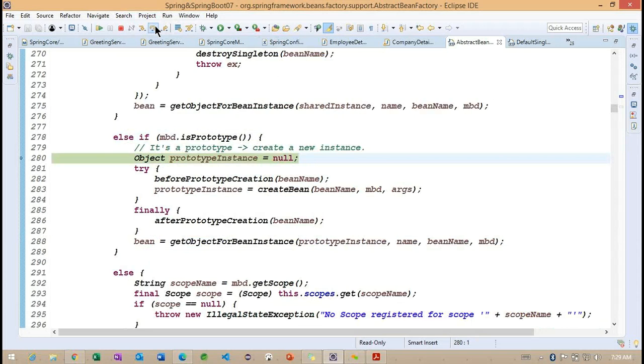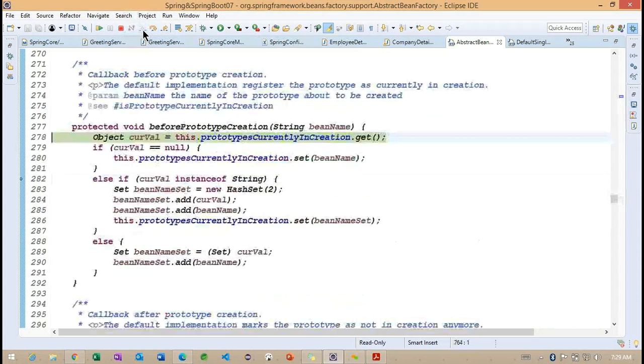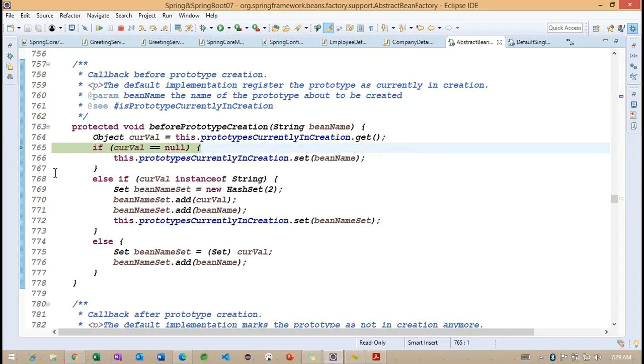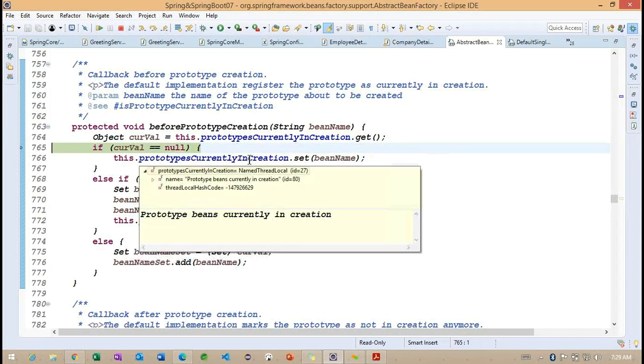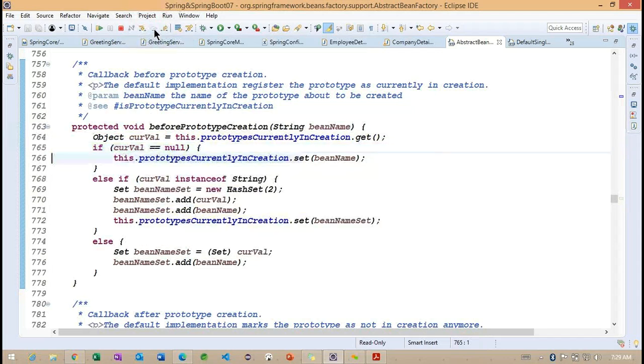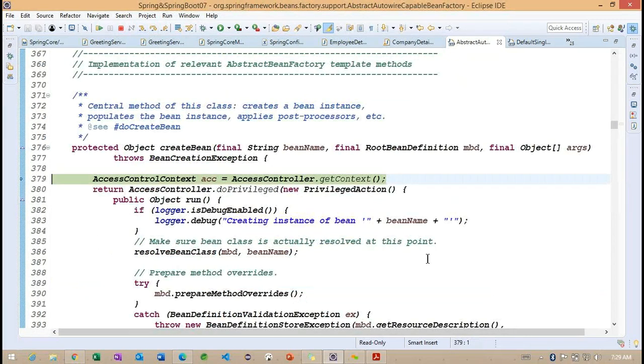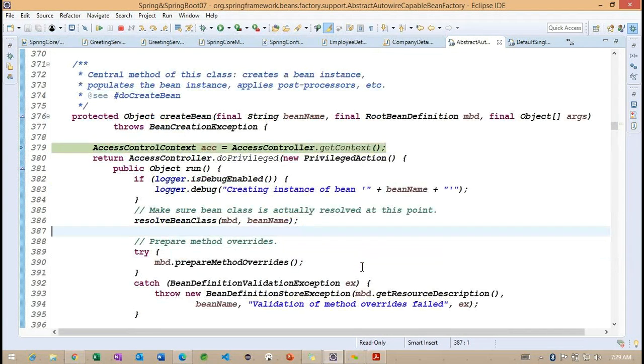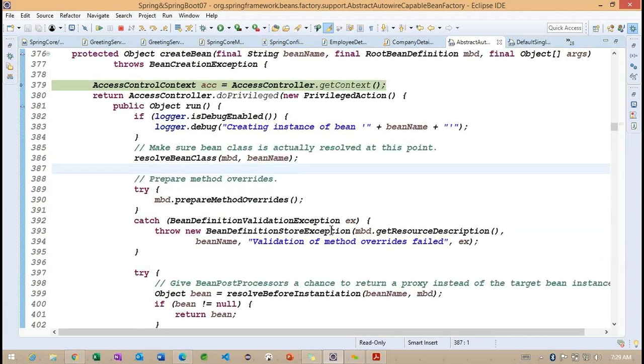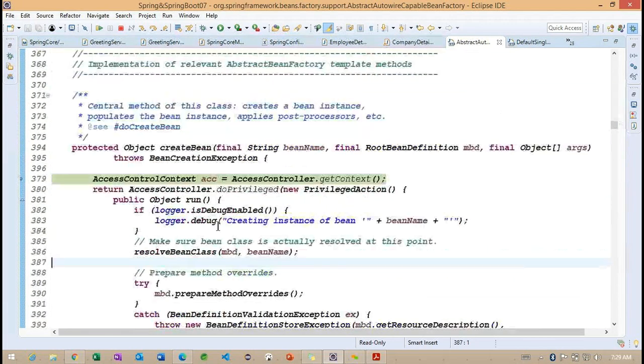It is a prototype. It's a prototype, so create a new instance, right? Before prototype creation, what are they doing? Okay. So we are going to get null. Okay. In the creation, they are setting it here. Now here they are creating the bean, and validates. Okay. So bean creation is happening internally.